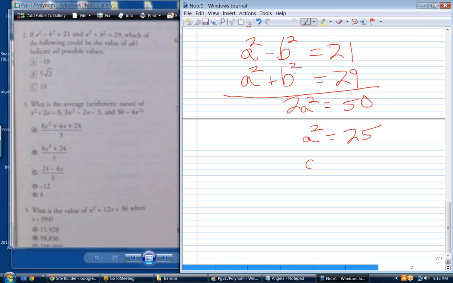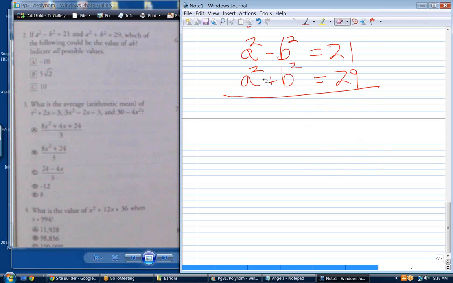Okay. And so a is going to be 5, or, yeah, plus or minus 5. Okay. And that's going to be important because they're asking about a times b. And notice they say all possible values. So if you would have neglected the plus or minus, you would have only come up with one possible value. And then you should kind of ask yourself, well, I must have gone wrong somewhere. So if we now go back and solve for b,